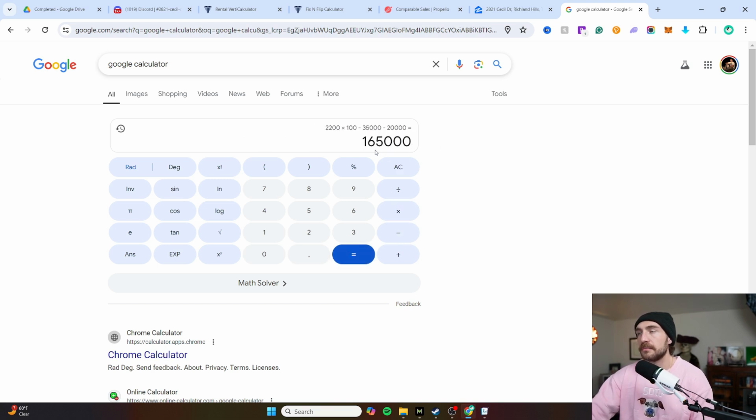165,000. Now, what do you notice? That's actually really not that different from the other offer. One was 155, one was 165. So, what did we learn here? Guys, when you're applying the 70% rule or the 1% rule, your offers are actually going to end up pretty similar, especially when you're looking at properties that make good rentals. And if your offer doesn't end up similar, that means the property's probably not a good rental.